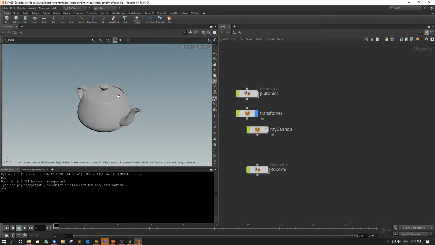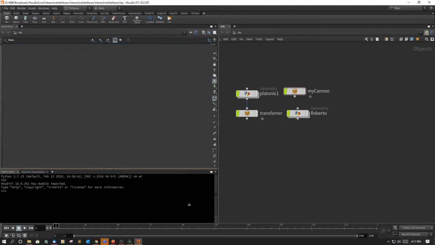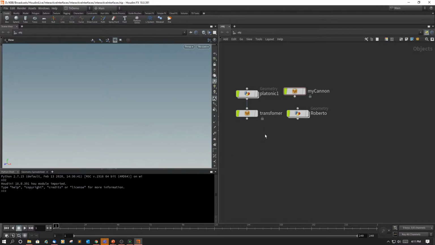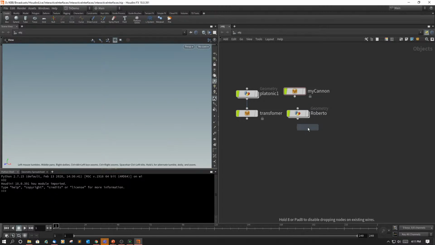All right, there's our teapot that we were working from. And there we are with our cannon. So I'm going to leave that as is, and there's good old Roberto. Okay, very good. Now I'm going to see if we can create a new object. So I'm going to create just a new geometry SOP, and I'm just going to call this